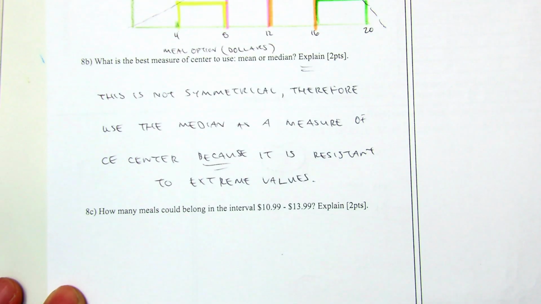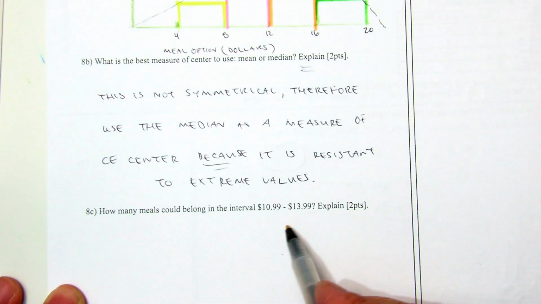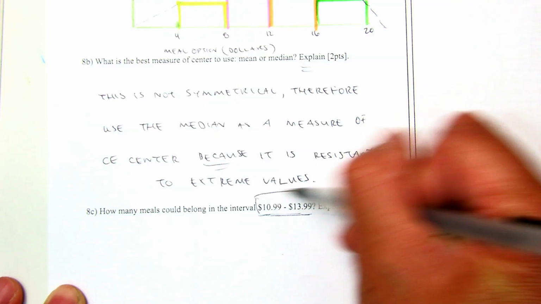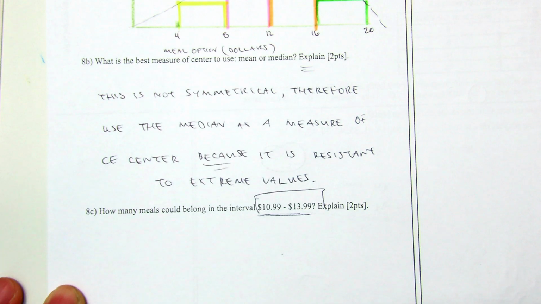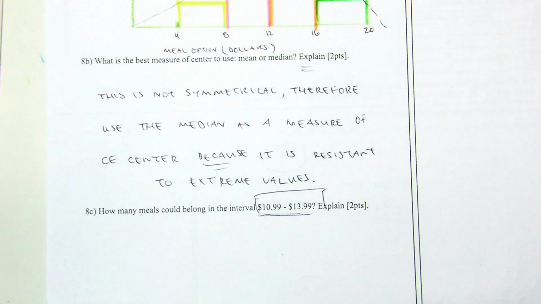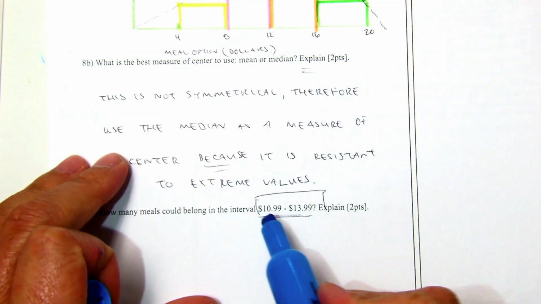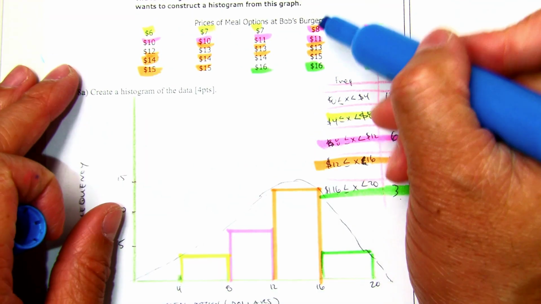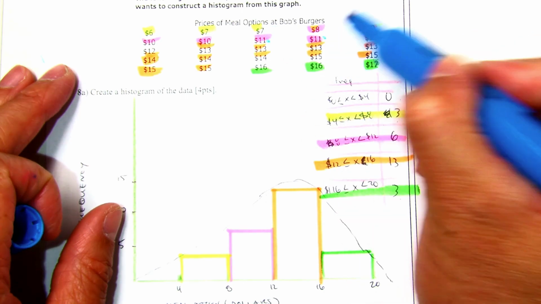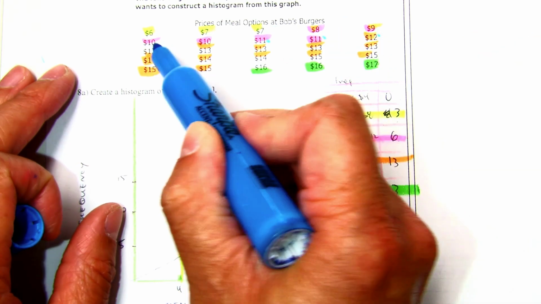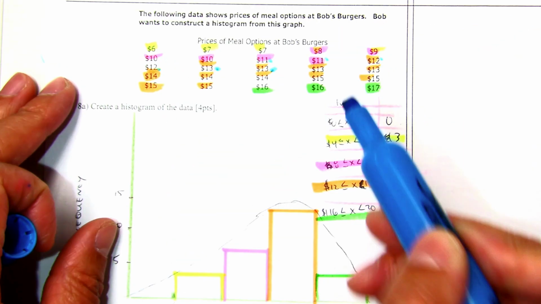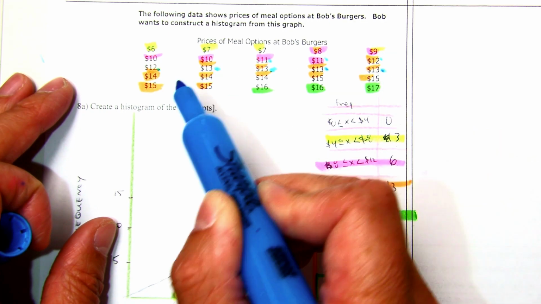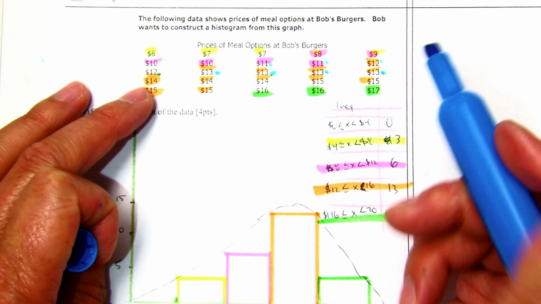C, how many meals belong in the interval between 11 and 14? So my bins don't necessarily count that, so I can just go up and count that. Let's do that in blue. So between 11, so I'm just doing it nice and blue. So $13.99, that means there are